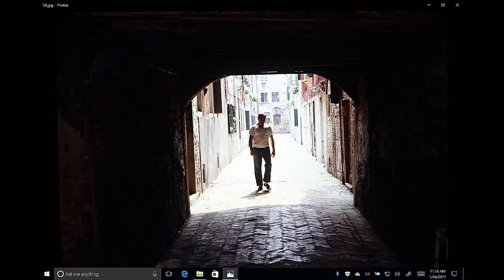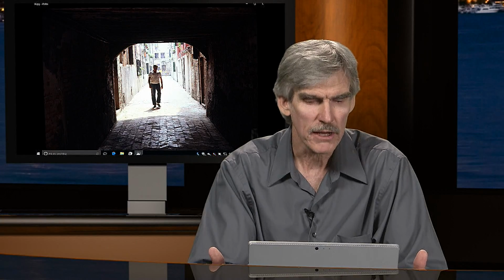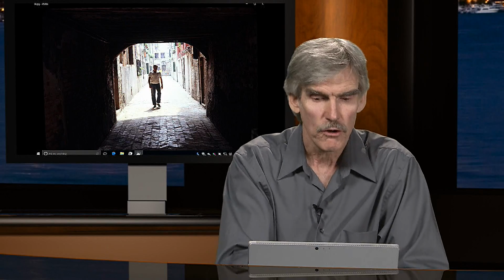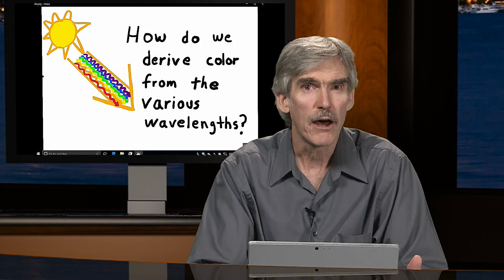Now, I enjoy looking at photos like this because the backlighting creates what is essentially a semi-silhouette here. It's not a full silhouette because we can still see the front of the man, but we can't see his face and we can't see the expression on his face. And so that semi-silhouette lends to a series of questions that the viewer will ask when they look at this image. What is this man's attitude? What is his disposition that day? We don't know, but that adds to the mystery of photography. So we're using the science to complement the art, the science of backlighting to complement the artistic interpretation of the image in front. So if we go to the next slide, we're going to talk now about deriving color from